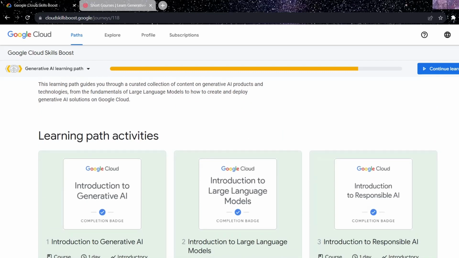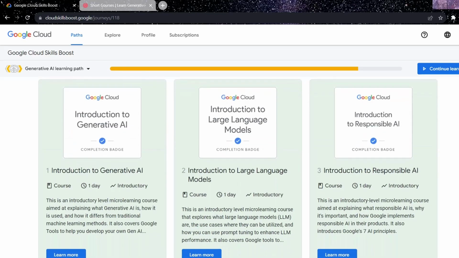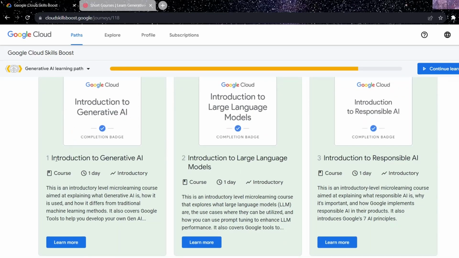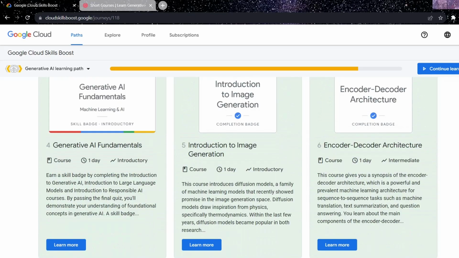So it covers everything from the fundamentals of LLM models to how you can create and deploy a generative AI solution on Google Cloud. If we go one by one, it starts from the introduction to generative AI, followed by the introduction to LLM models. It talks about generative AI fundamentals and introduction to image generation as well. So you will be able to understand the underlying technology behind models like DALL-E 2 or